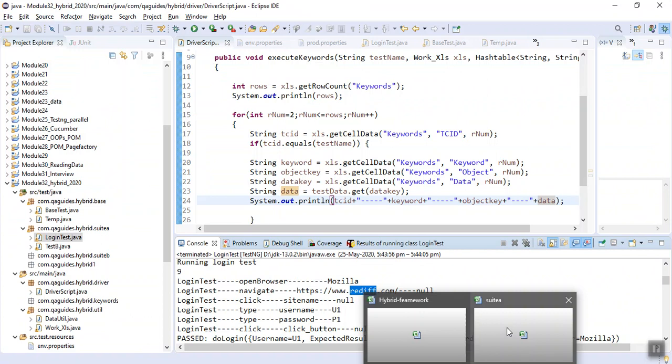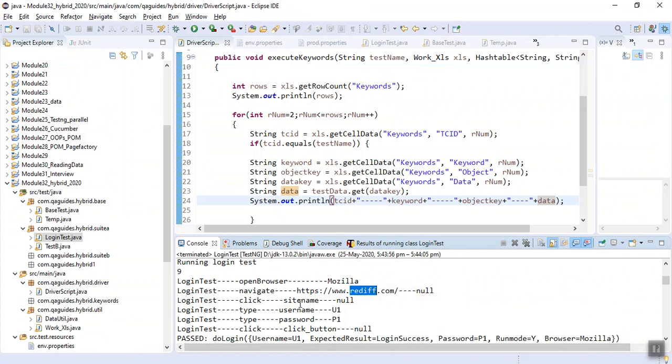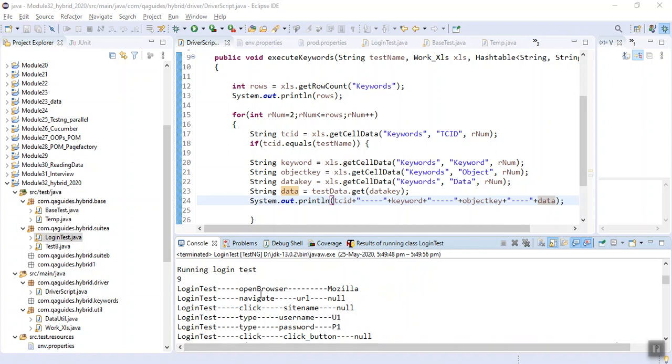URL it will find as rediff.com. Then it will go for site name, username, password. So all these data, now we are getting all the data. So we get the corresponding data.